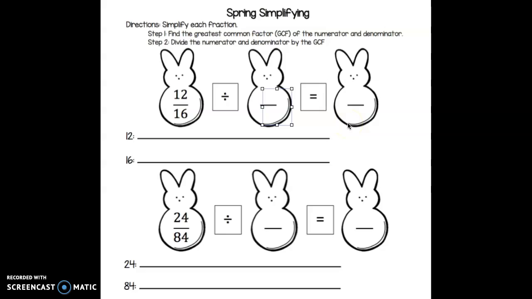But there's still a common fact that I could use to make this fraction smaller. It wouldn't be 3, because 3 would not really be used with 16. It could go with the 12, but not the 16. So here, it would be 4, because 12 divided by 4 gives me 3, and if I take 16 and divide it by 4,